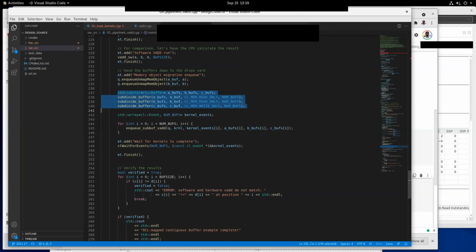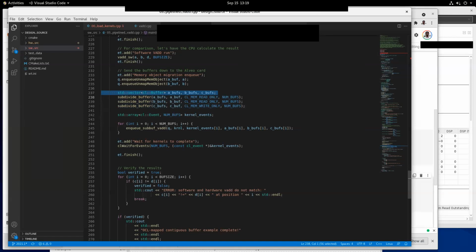If you look at the data type of this, you can see it's a vector of buffers. So each element in A underscore buffs points to a subbuffer. So we divide the original buffer into subbuffers.